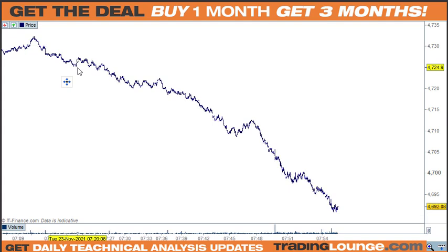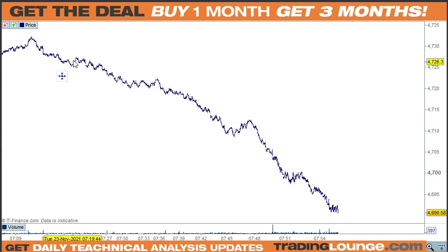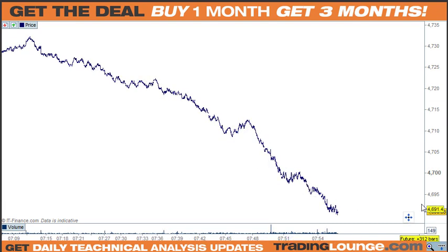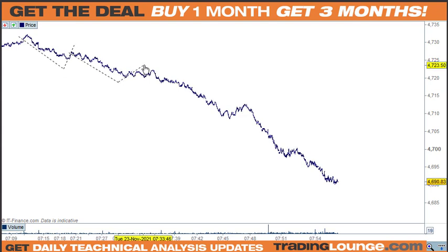So I could probably go 1, 2, 3, 4 and 5 here for wave 1, and then back for wave 2, and then down for 3, but that's going to make that a bit smaller. So it's probably wave 1 here, wave 2 here, then down for 1 and back for 2 here, and then down for 3, 4 and 5. So there's still more to unfold here for this. So yeah, 1 and 2 here, and then 1 and 2,